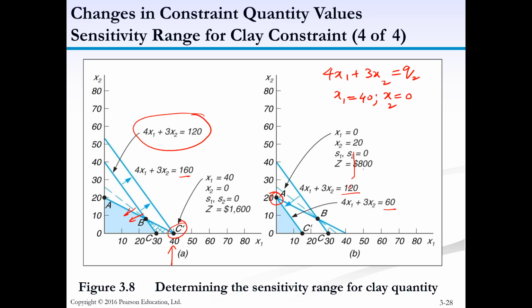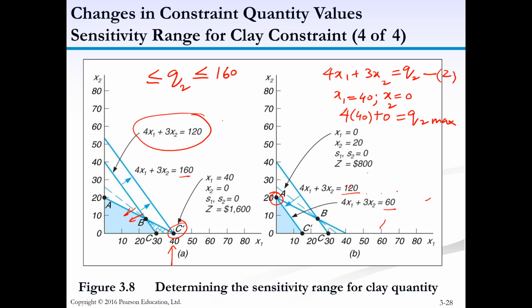If we put this value in the equation, let's call this equation 2, then what we get is 4 multiplied by 40 is 160 plus 0 plus 0 is equal to Q2, which is Q2 maximum. So Q2 upper range becomes 160,